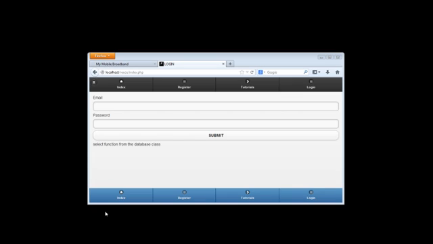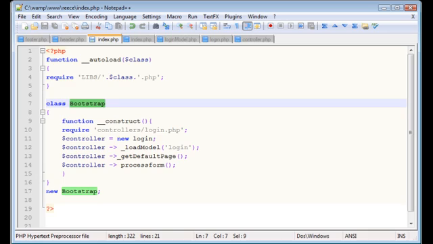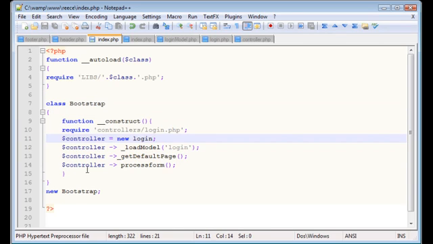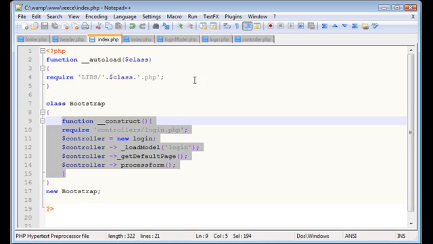At this stage, our login page is loaded via our index page. Okay, so if we go back to the code, what we can do here is create more pages. So I can show you how you can use this framework to load other pages if you want to create other pages. Okay, so with the same naming convention, what we have to do is we start from our views folder